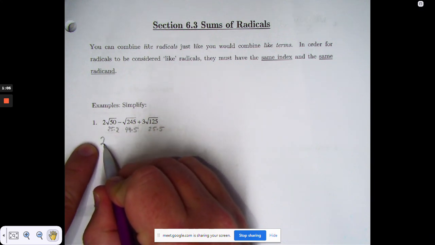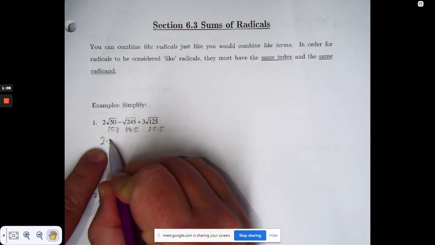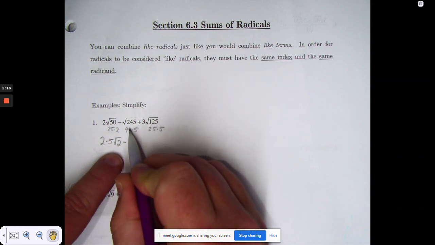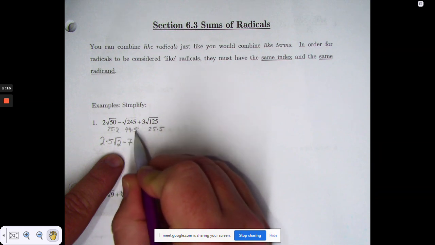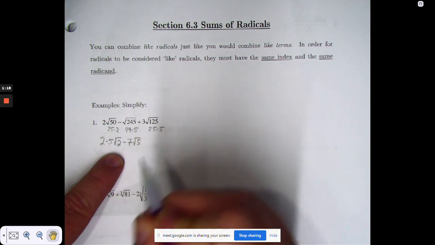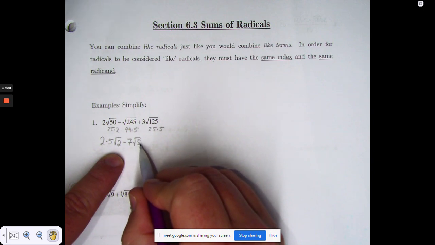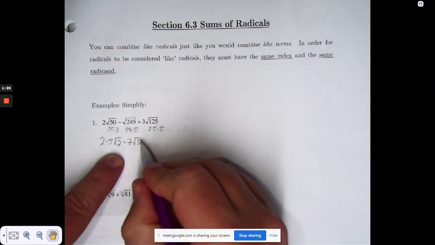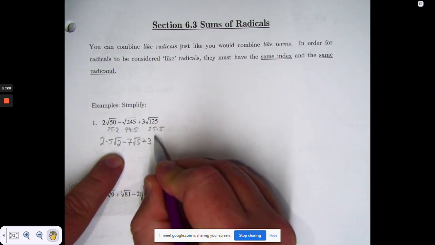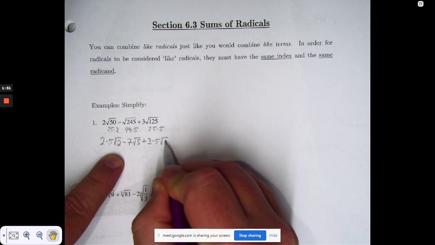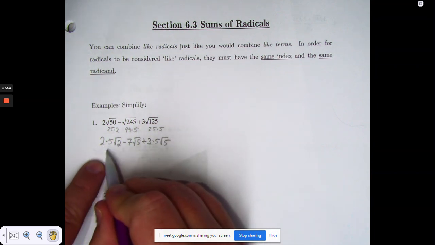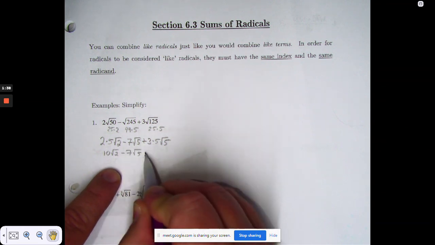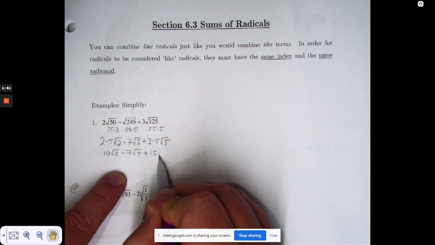So we need to bring our 2 down, and then we have the square root of 25 would be 5. 2 is not a perfect square, so we're left with the square root of 2, minus the square root of 49 is 7. There is a square root of 5, but it's not a rational number, so we leave it underneath the square root, then we do plus 3, and then the square root of 25 is 5, and then root 5. So 2 times 5 is 10 root 2 minus 7 root 5 plus 3 times 5, which is 15